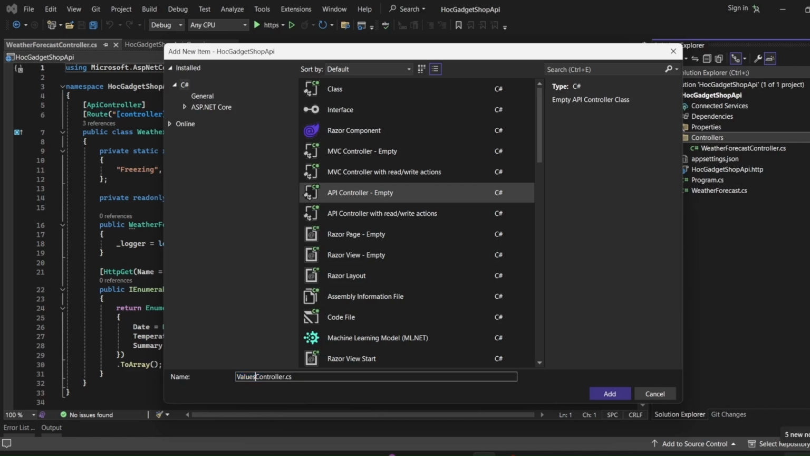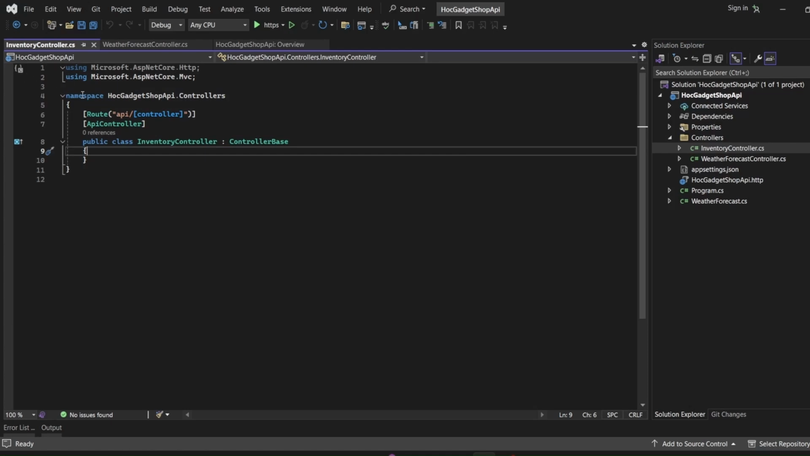I click on add and now I should be giving the name of the controller as well. So over here it would be inventory controller. Clicking on add. So here I have the file created,